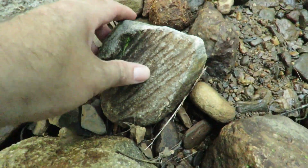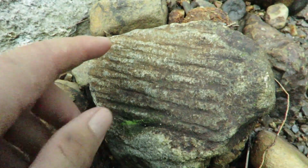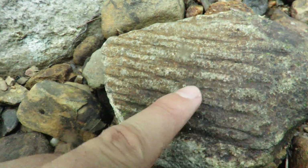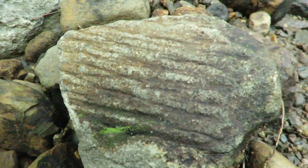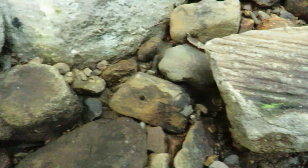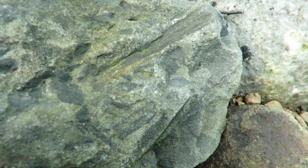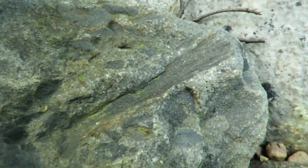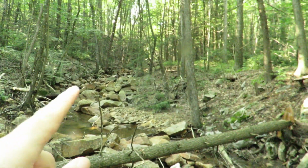Yeah, down here's another fossil. It's a fossilized tree. You can see all the tree bark. That's cool. Yeah, and right beside it are some more. And just coming up here shortly, up in the distance, I don't know if you can make it out at all,